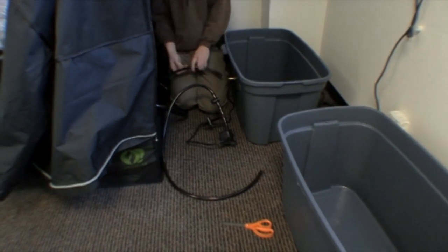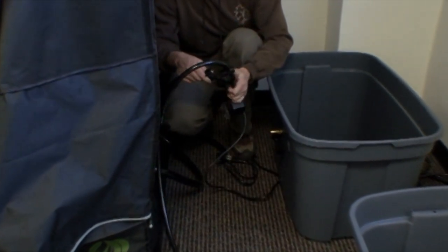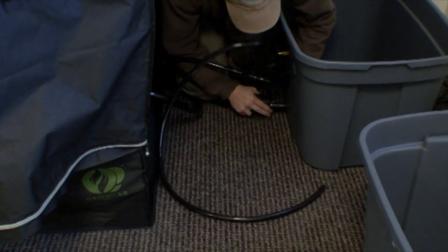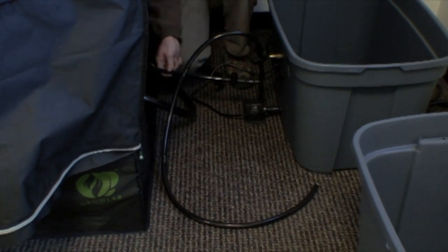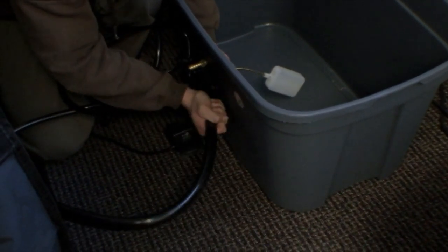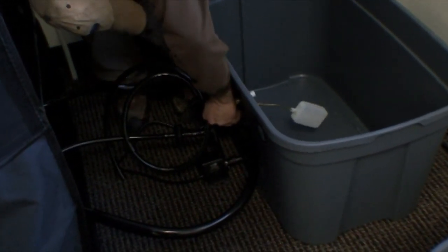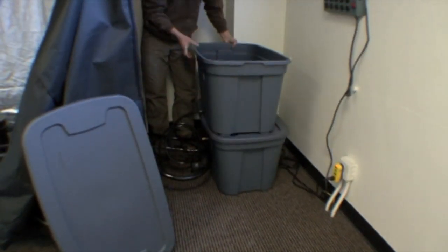Now, finishing setting up your BubbleFlow buckets, your manifold that the pump is attached to goes directly into the bottom reservoir, and the top outlet that has that long piece of 1/2-inch tubing is simply so you can empty your water out of your reservoir. Rarely do you use that, but it's something that we offer so it makes it easier to empty out your reservoir. Now when you're emptying out your buckets, the water will not pull out of your buckets when you open that flap for the ball valve. You actually have to put a separate pump into the buckets so they'll all come out at once. An easy way to do this is a very